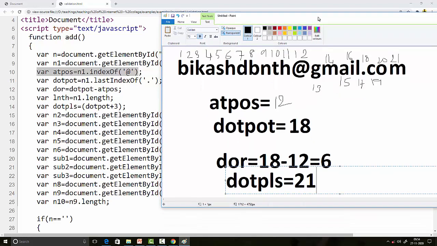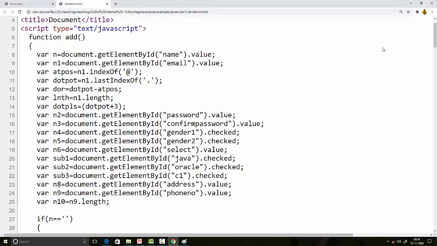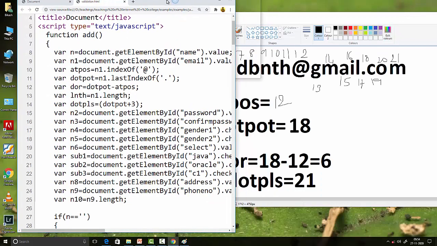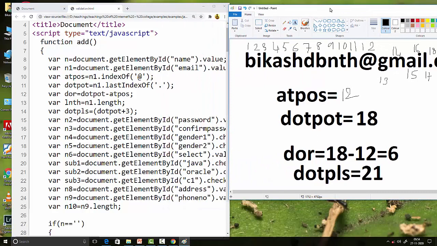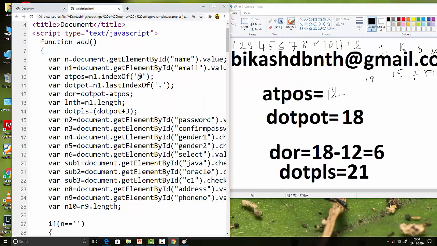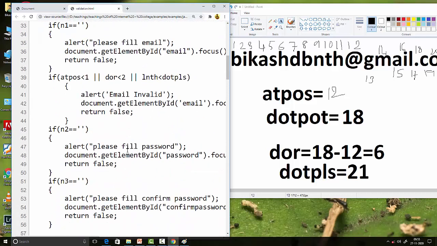So all these figures we have to calculate, and then we have to find whether they match or not. Now let me go downward, where there is a function for checking the email address, the validation of the email address. First of all we have seen whether the field is empty or not, then we are validating it.